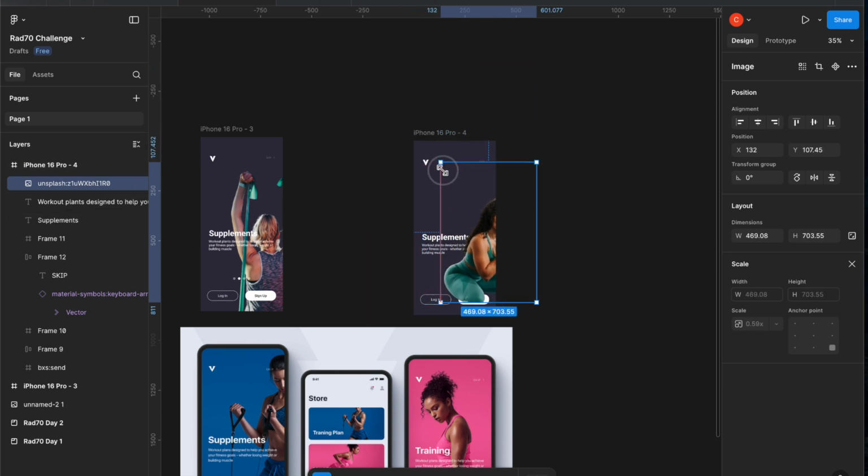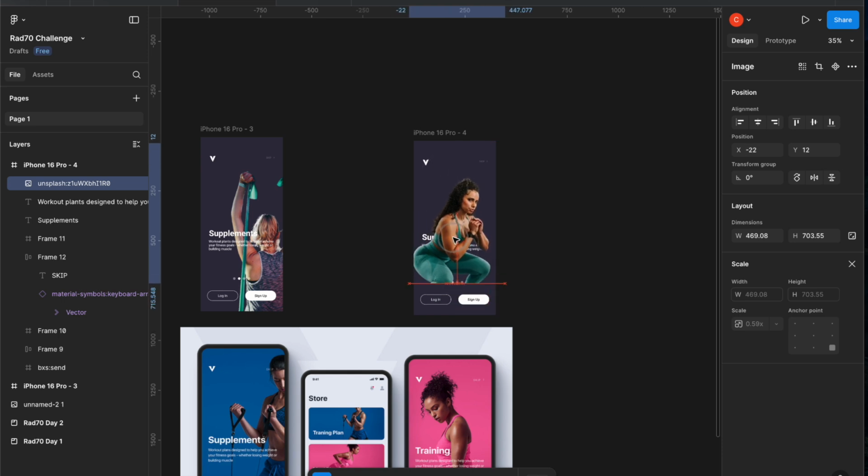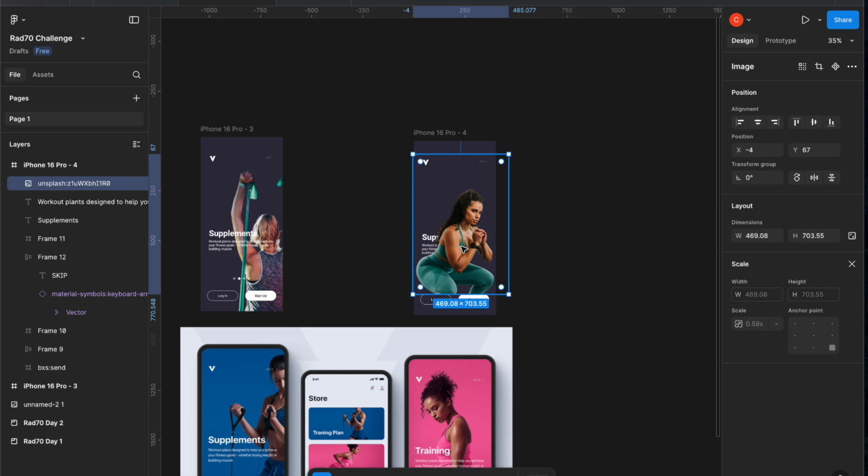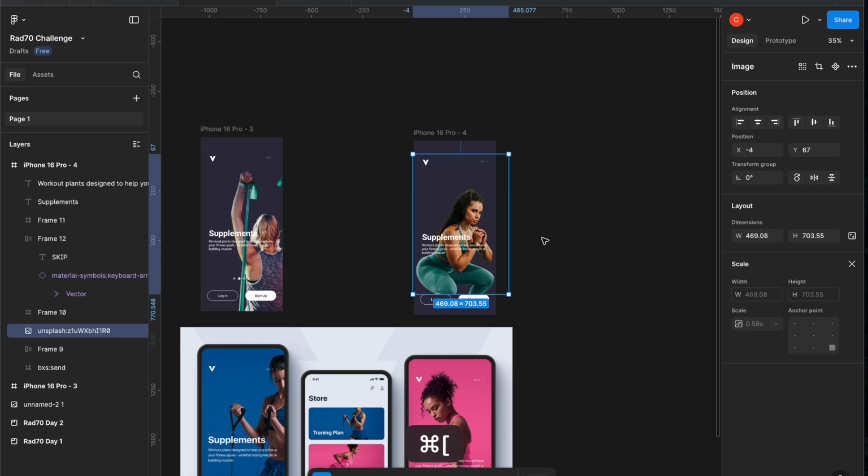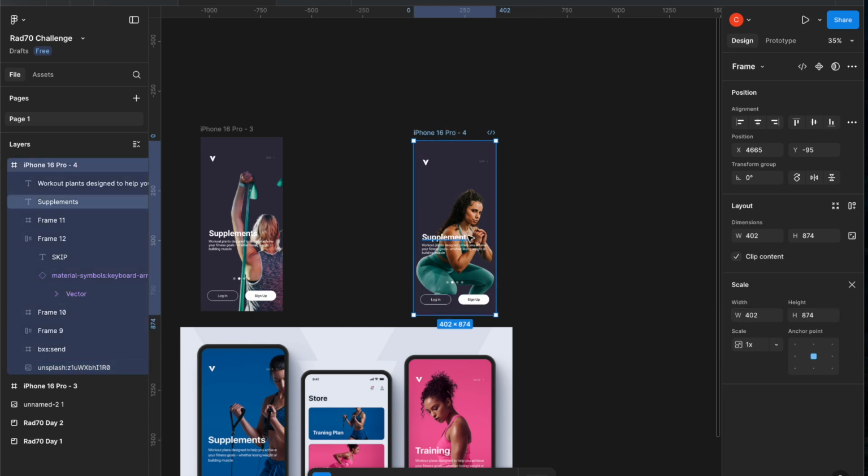Somehow I had locked the entire thing. Let's make sure she fits on the page okay, and then send her to the background, or the back rather. Perfect. Alright, let's change the,